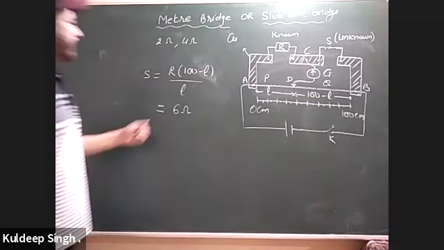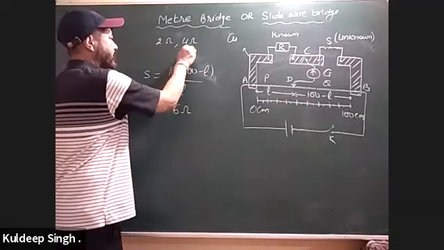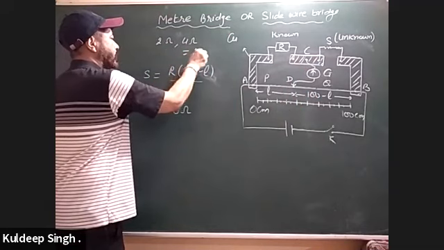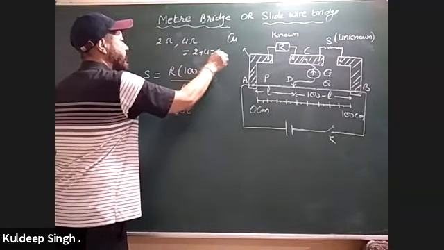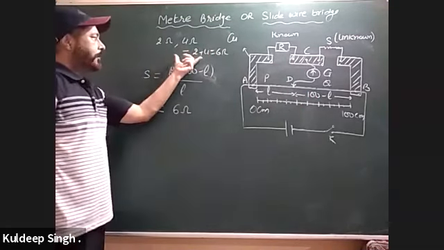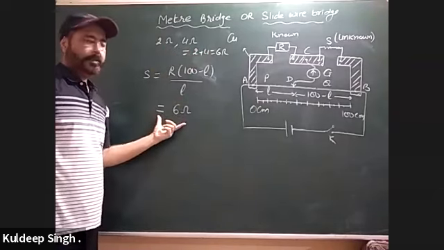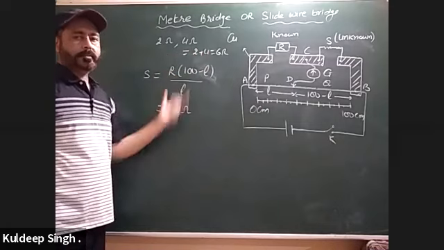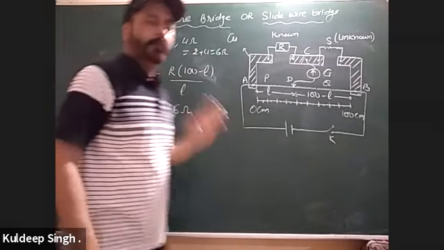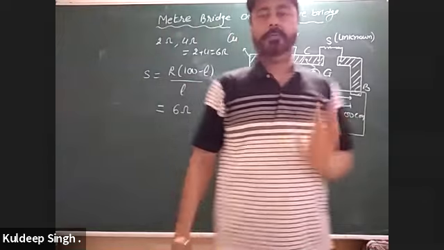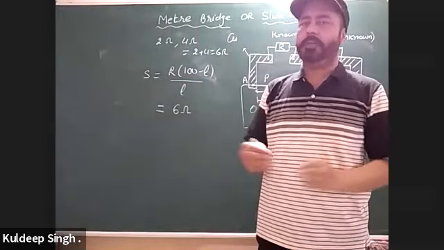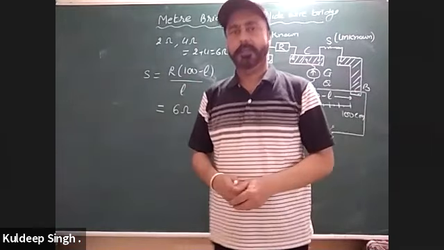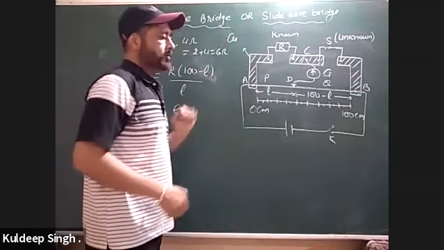So therefore, in series, you know the resistance is given by R1 plus R2, and it is equal to 6 ohm. So this is the theory part, this is the practical part. So this way we can verify that the law of series combination is true. Similarly, parallel combination of resistances can also be verified. So these all are the practicals in your 12th class, you will do in your lab. So that's why we are doing this video.